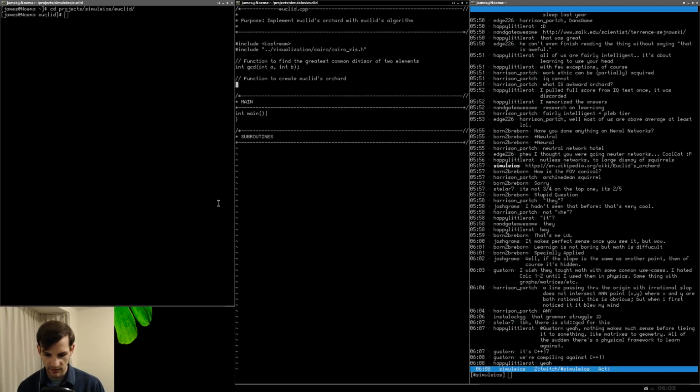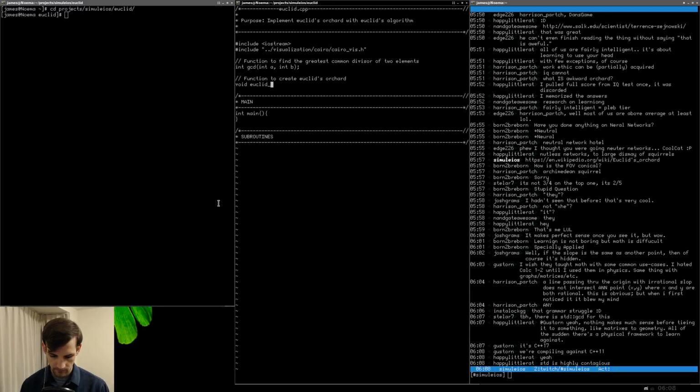Okay, so here's where the visualization comes in. It's probably just going to be void, and then we're going to want to do Euclid's orchard. Okay, and here we're going to do